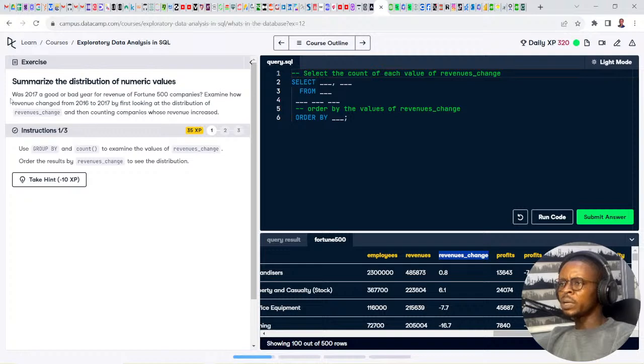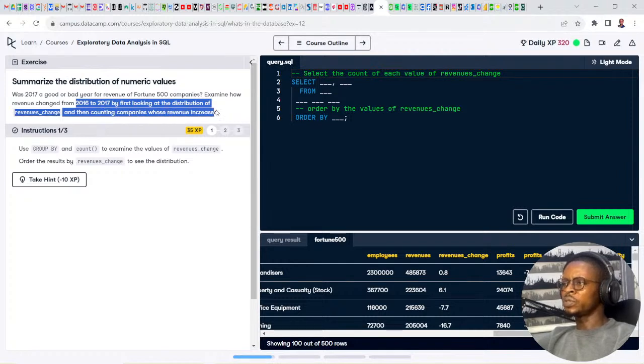It says examine how revenue changed from 2016 to 2017 by first looking at the distribution of revenue changes and then counting the companies whose revenue changed.